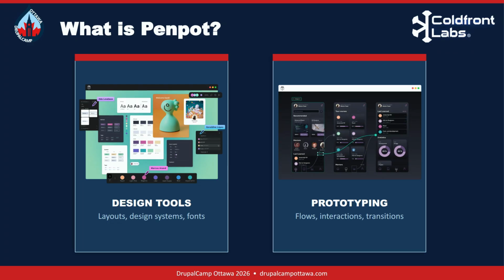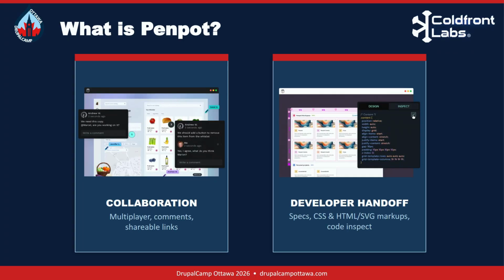So first we have design tools such as page layouts, design systems, and font styles. Second is prototyping user flows, page interactions and transitions. Third, we have collaboration methods, including multiplayer, leaving comments, and shareability. And last is the developer handoff, a really important one that allows users to get the specs they need, the CSS and HTML or SVG markups, and this can all be acquired from the code inspection tool. So I'll go through each one of these, starting with